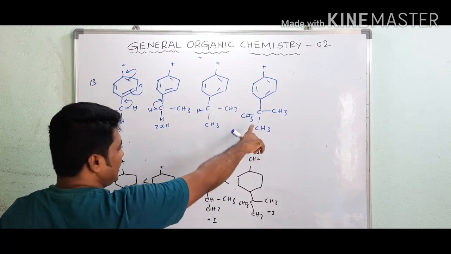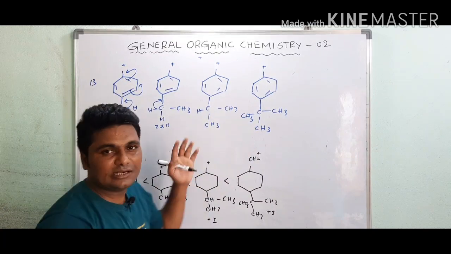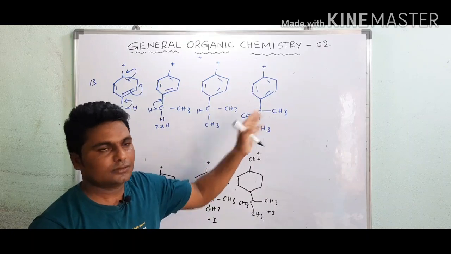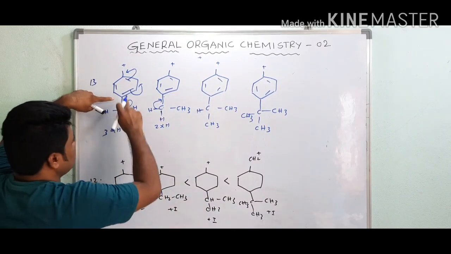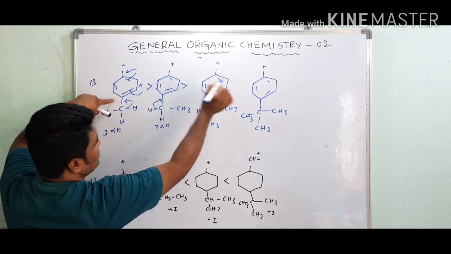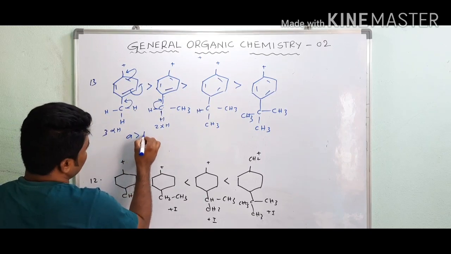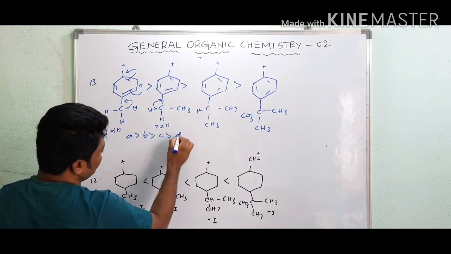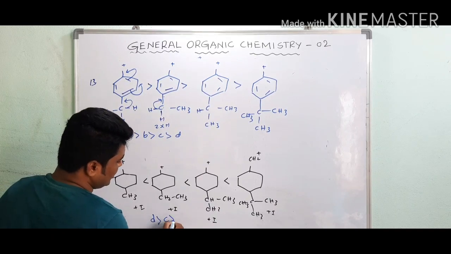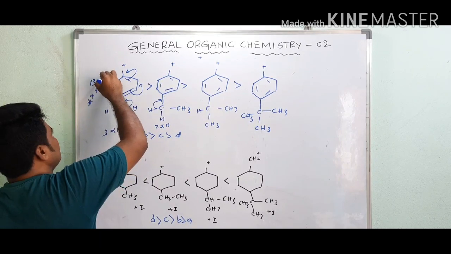by the hyperconjugation. But inductive effect is there, here more inductive effect. But what I said previously, the hyperconjugation is dominating over the inductive effect. So here 3 hyperconjugation, 2 hyperconjugation, 1 hyperconjugation. So in this case here A, B, C, D, but there is no pi bond in this case, then D, C, B, A. This is a very, very important concept. Now remember this one.